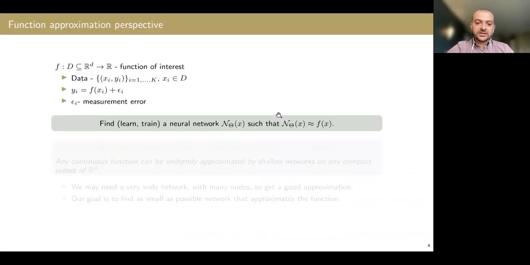So we can train the neural network. Initially I said we have some data xi, yi, but didn't specify where the yi comes from. But we're going to take a function approximation perspective. In this, we will assume that the yi is some response from some function f of xi, plus epsilon i, where epsilon i are, for example, measurement errors, right? So we don't really have the true value, but we have it with some small error. That's what the yi is.